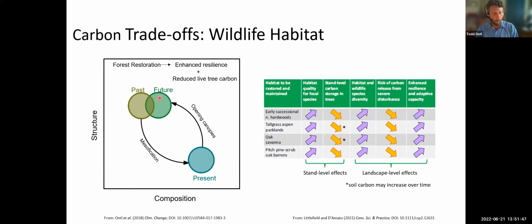And so managers, through their adaptation, were really thinking about transitioning the systems back to something that looked more like what was in the past by opening up the canopies and restoring more open woodland conditions and shifting back to maybe some more of those pine species or oak and hickory species, for example, for that region. And so, this is a trade-off. By doing that, they're removing carbon from the system. That ecosystem is going to carry fewer or lower carbon stocks. But the idea here is that those systems will be more resilient.